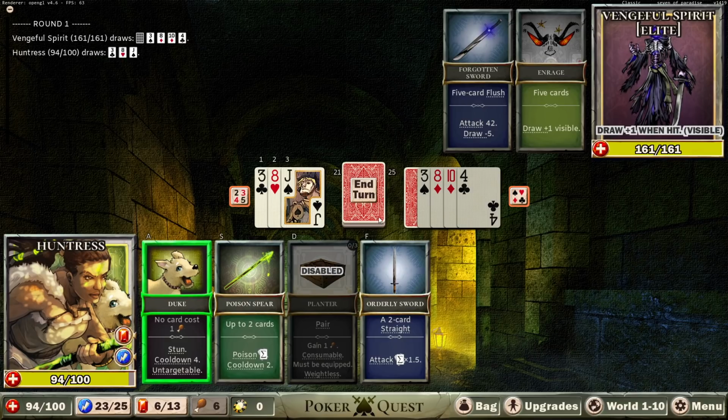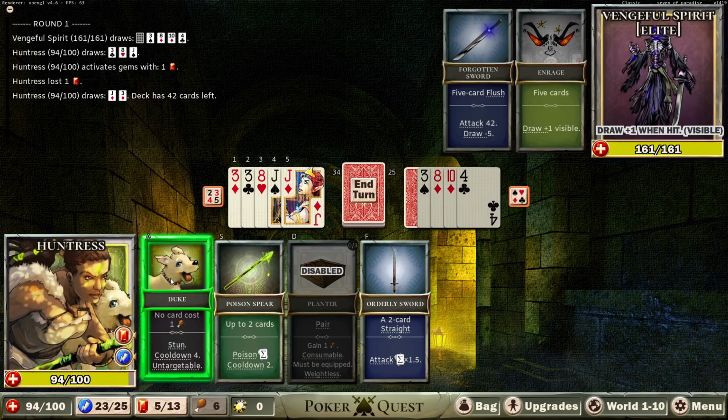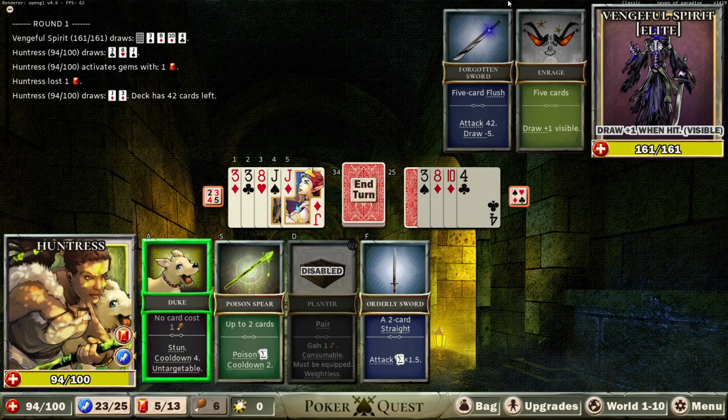But also, what's the other option? The other option is stacking up a lot of poison right now so that when we hit, we hit big. We can force discard with Duke, which I think we should do on turn 1 to really make sure that he does not start. No, he draws 1 visible forever. It's not just 1 turn. So we could do a lot of damage, and then...